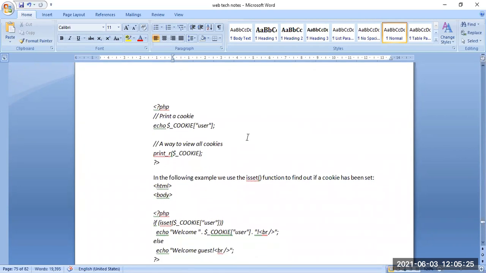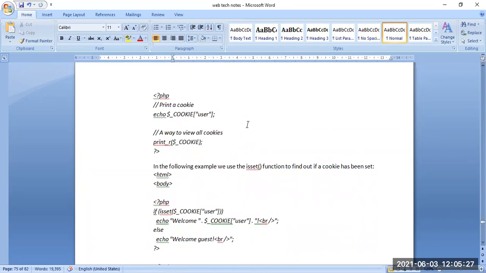Similar to the first one, the session, here also the isset function is used to find out whether the cookie has been set or not. So we are using isset to check whether the cookie is set.